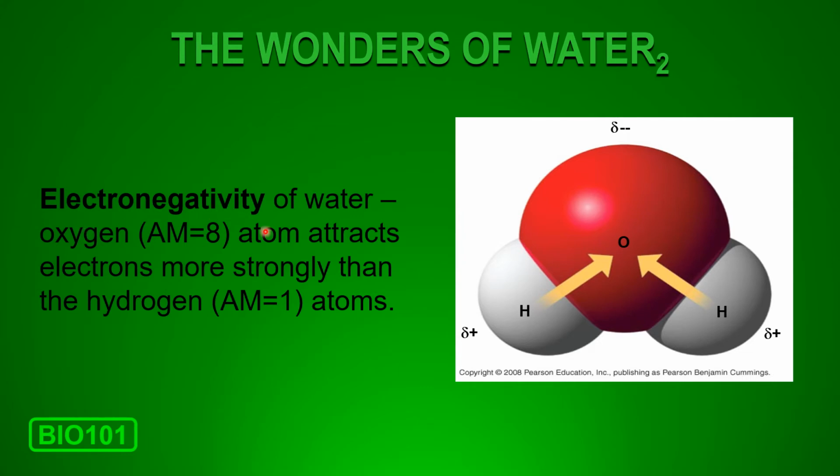It's the ability for an atom to attract electrons. So oxygen, which has an atomic number of 8, attracts electrons more strongly than hydrogen, which has an atomic number of 1. All right, so by virtue of oxygen's electronegativity,